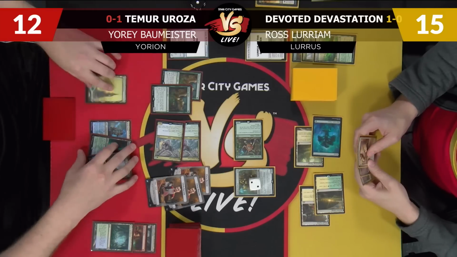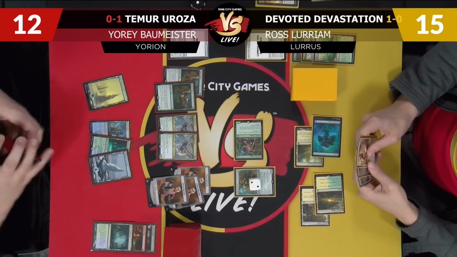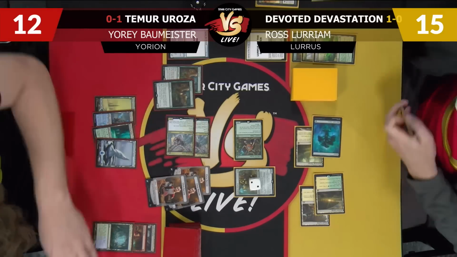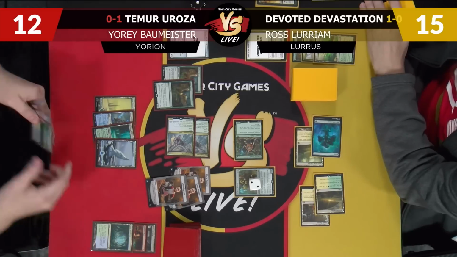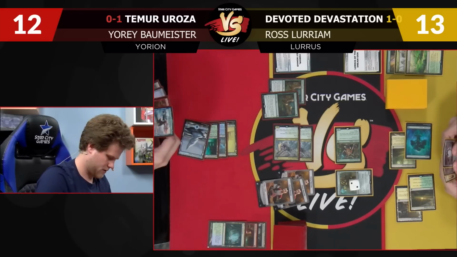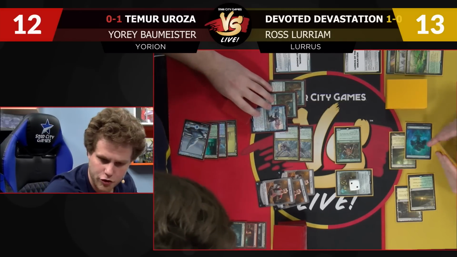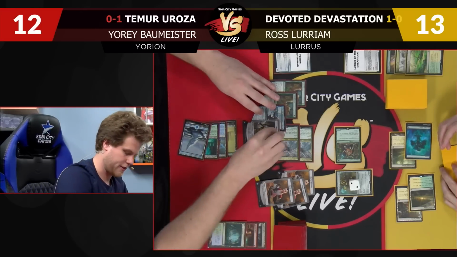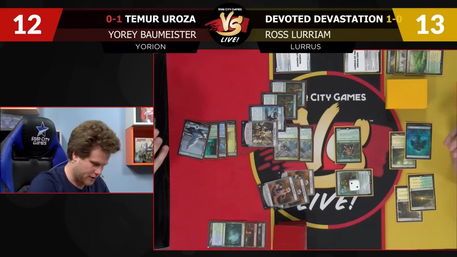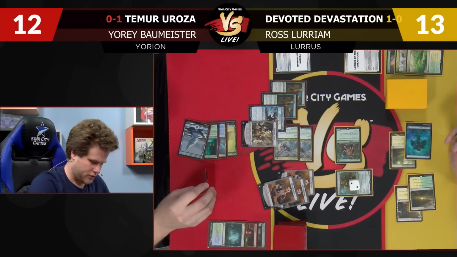Untap. This is going to be the Urza Yorion turn. Oh, yeah, buddy. Okay, so we're going to get in there. I'm at 13. Okay. And we're going to go with Urza. We got one of these. Now the question is, what land do I want to play? I think I want to...